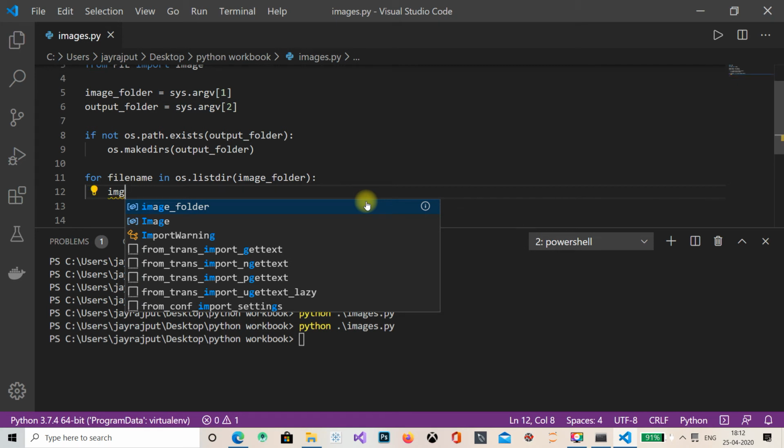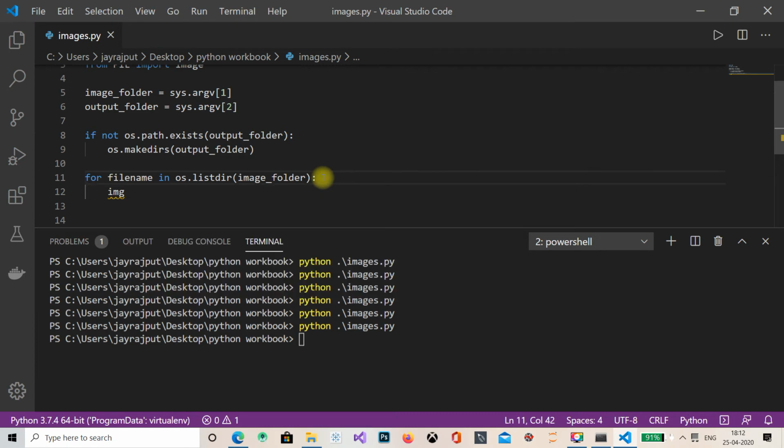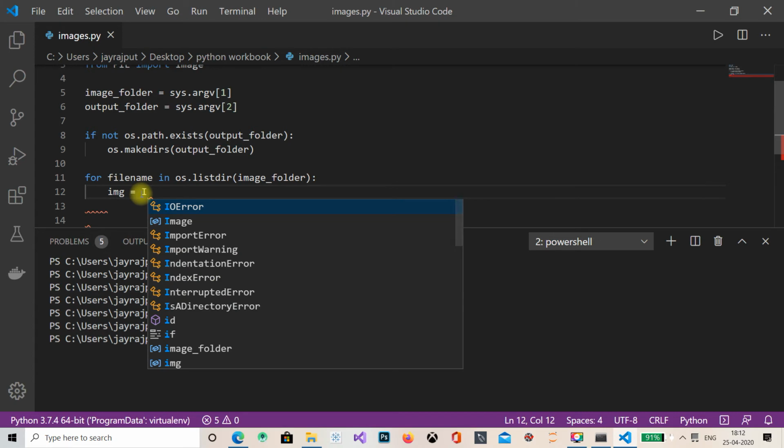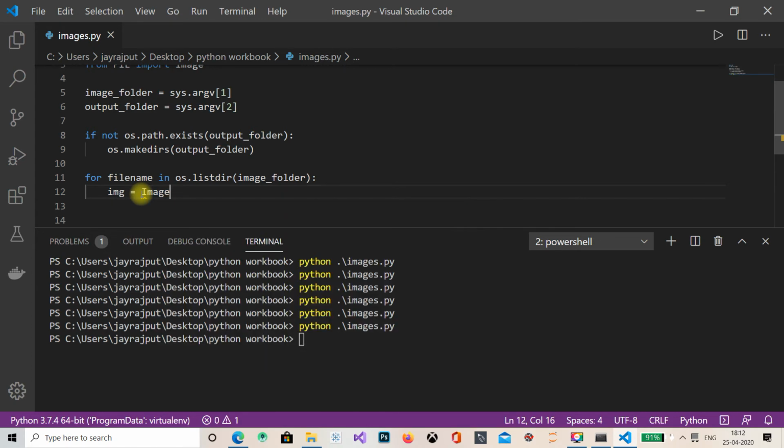And guys, wherever you are using any kind of loop, just make sure that whenever you end the line and press enter, you get indented. If you are not indented, then you have forgotten to put the colon at the end of the line where you ended the loop line. Image is equal to Image.open.